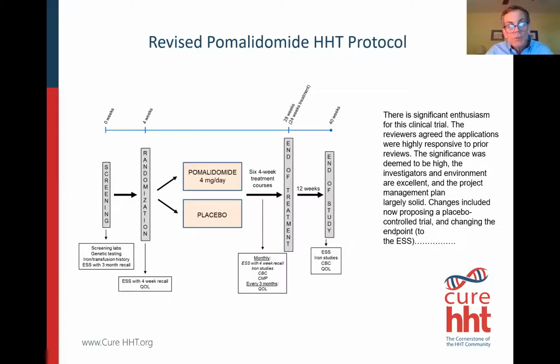Now, sometimes your insurance company hasn't or won't pay for genetic testing, but we did build into our budget some extra funding to cover your costs of genetic testing if you enter the study and pass all the screening criteria. So we can pay for this. It'll be done at Ambry Genetics, who gave us a nice discount on that. So basically, after screening, if a patient is eligible, we randomize them, and they're randomized to pomalidomide 4 milligrams a day or placebo